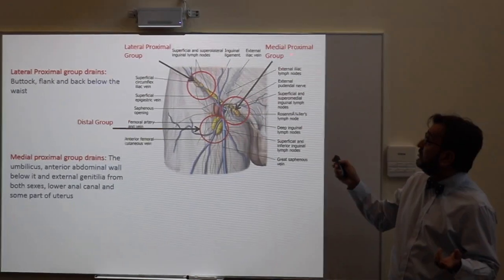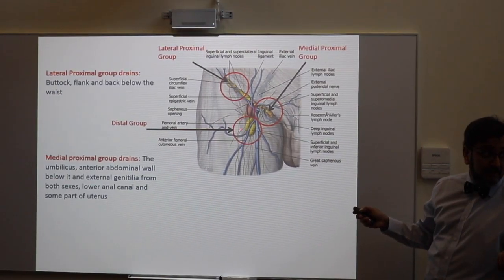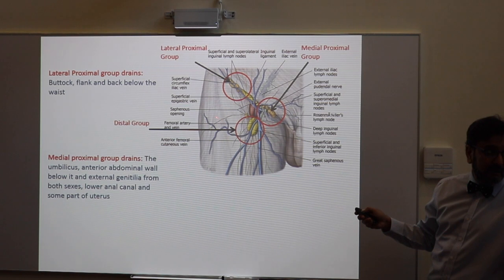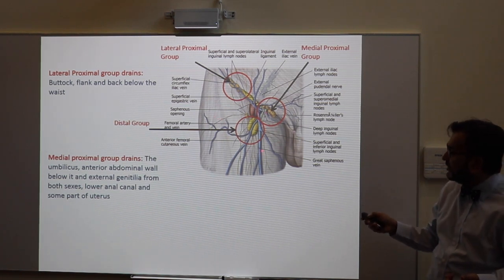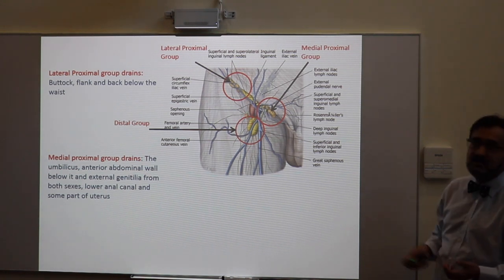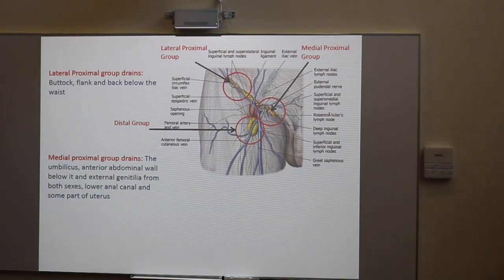These are called the medial proximal group, or medial superficial inguinal group of lymph nodes. And this one, which is along the saphenous vein, is called the distal superficial group of inguinal lymph nodes. So you have lateral, medial, and then you have a vertical one which is called the distal superficial group of